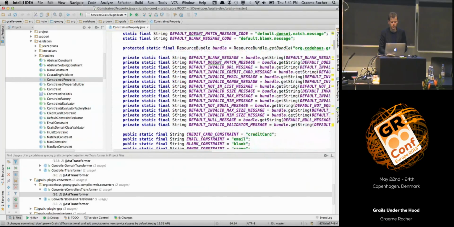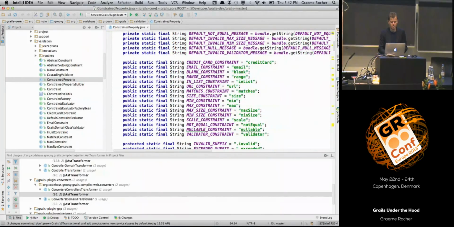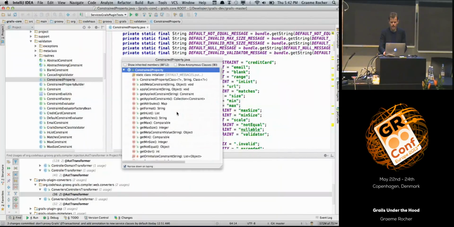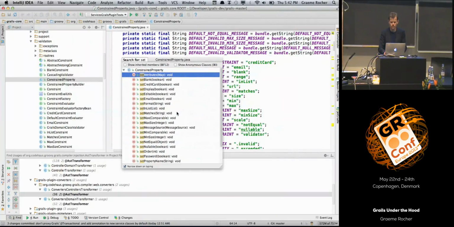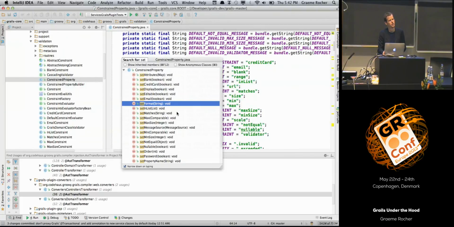A constrained property is basically a property that fulfills one of these. Although we have some hard-coded things like setBlank, setCreditCard, setEmail, it's actually extensible, so you can add custom constraints